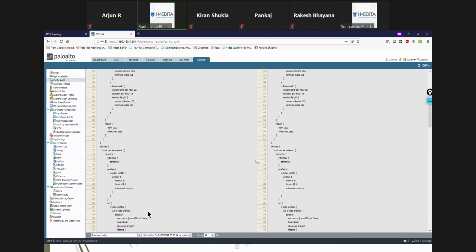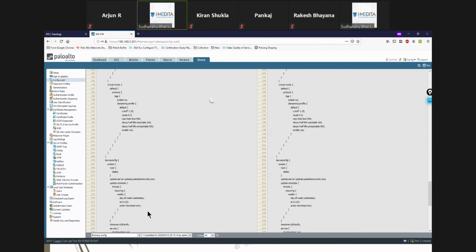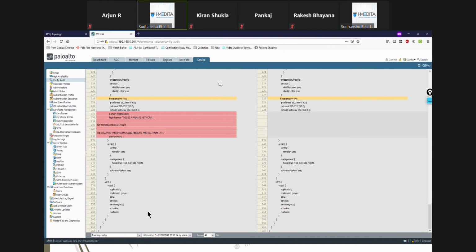That's why they have included this kind of option even in GitHub. I think Palo Alto probably got inspired by GitHub for this, and a lot of software has been used in company environments as well for this configuration auditing. Like you can compare and so on.